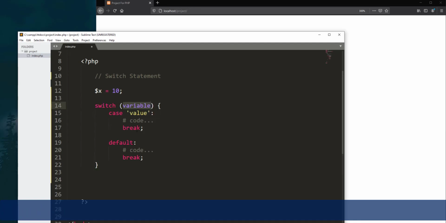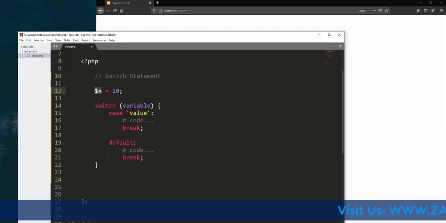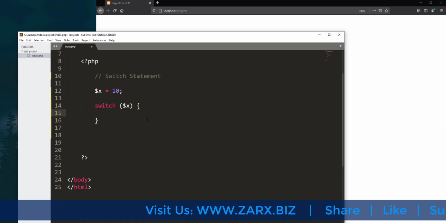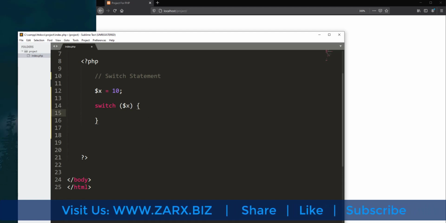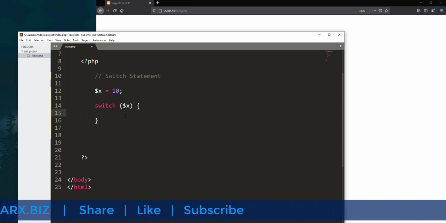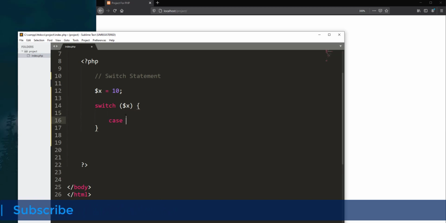and this is generated automatically by Sublime Text. What we basically do here is pass the variable, so we pass $x here. Let me remove this so that we can do it easily. So here we simply say, use $x and check each time when this case happens. So we define cases, and the case is going to be, if the case is 10,